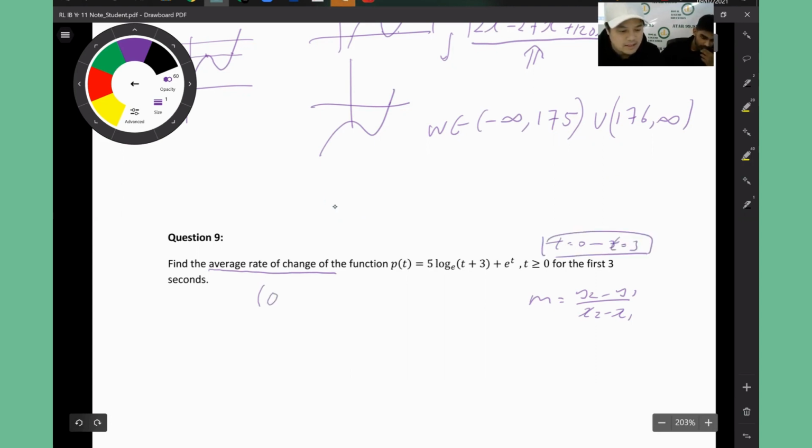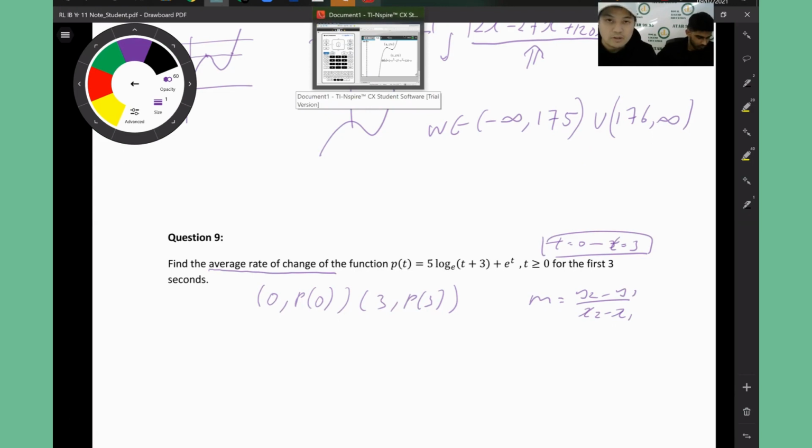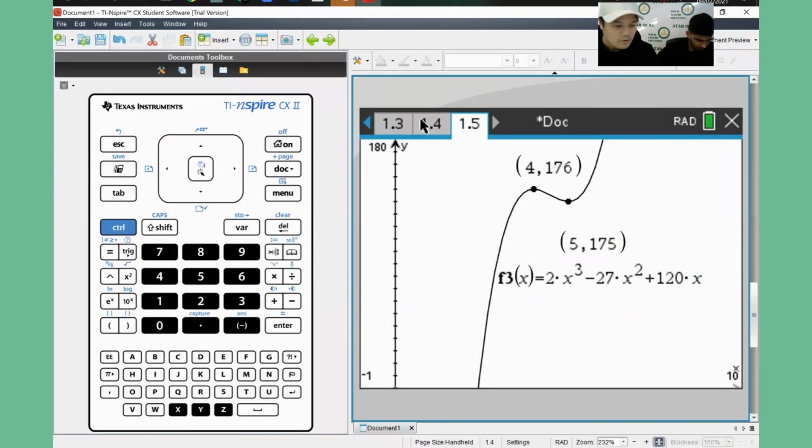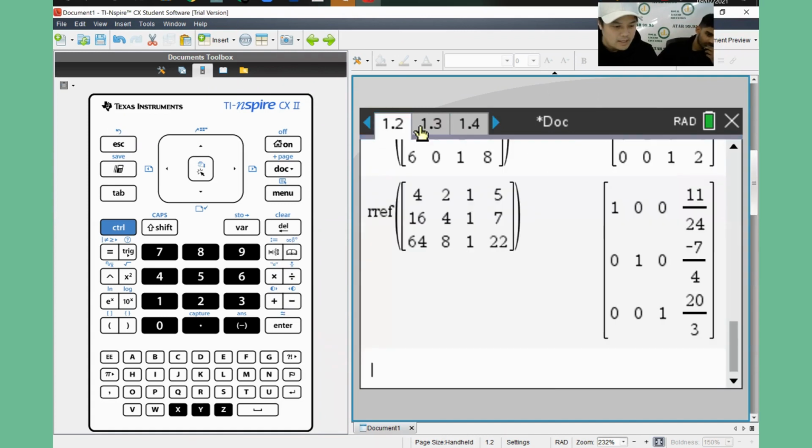So the whole idea is I sub 0 in and I sub 3 into the equation, and I can use this formula. So I can find the average rate of change. Good. So how do I find that? Can you see I'm using the given twice, but I keep using the formula. Because I'm using the equation more than 1 time, I will go back to our normal page and define. Okay, there are 2 different ways to define. I can define P(x), whatever,